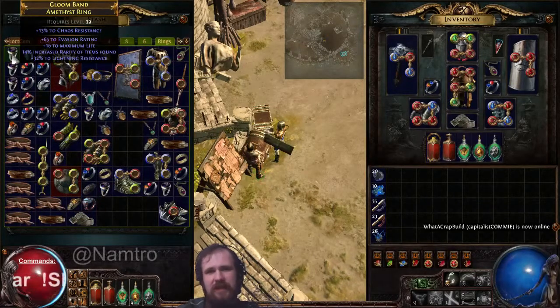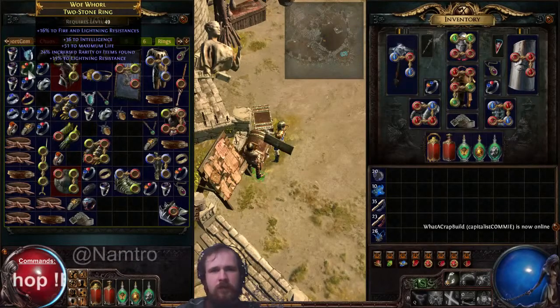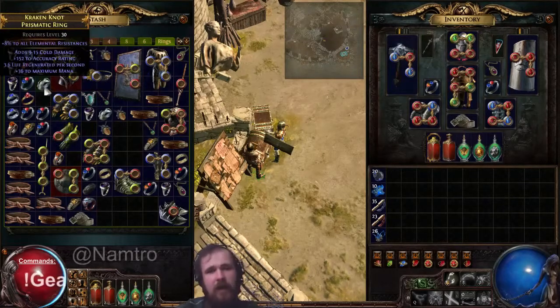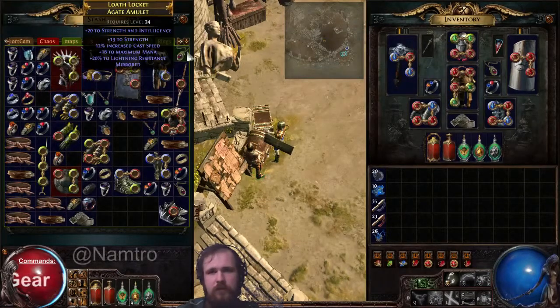You don't have to be as picky with these because people are looking for all kinds of stuff on their rings and their amulets, and you can always roll something that somebody finds attractive on it. So that's why I'll even keep rings and amulets that aren't super great, but once in a while you'll find that one person who looks at this item and says, well, it has everything I kind of want for my build, and it's not a lot of all of it, but at least it's